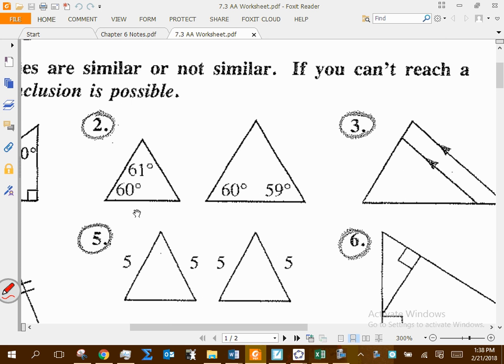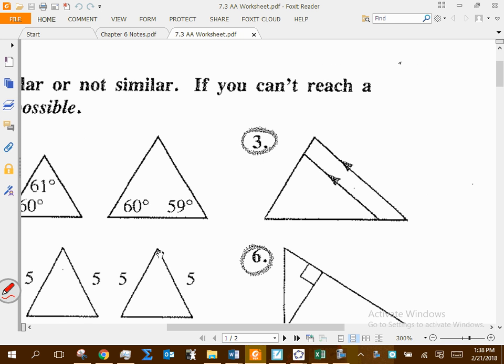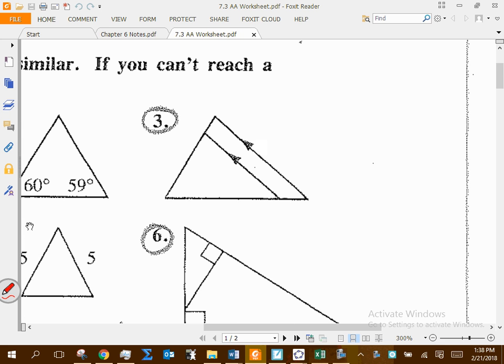So, question 2, are those similar? Yes, this angle here would be 59, right? This one would be 61, so you've got 3 angles congruent to 3 angles. That meets angle. What about number 3? Similar, okay? If you're struggling with these types of questions, know that angle is in both triangles, correct? So you've got one angle congruent to one angle, and then that angle there and that angle there